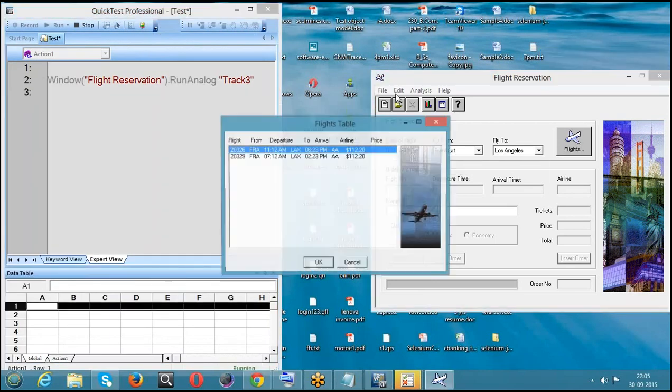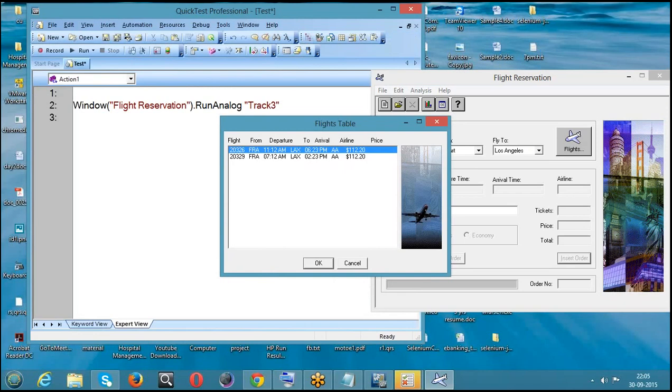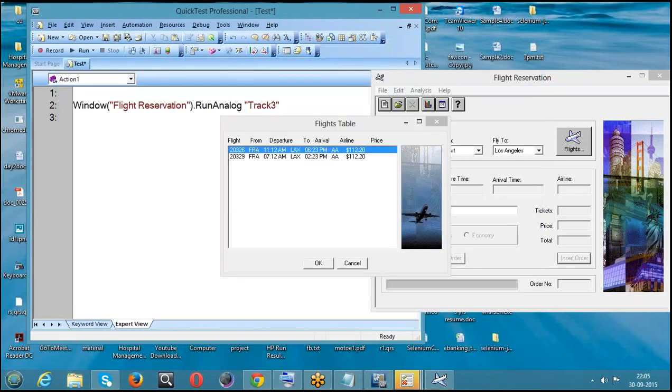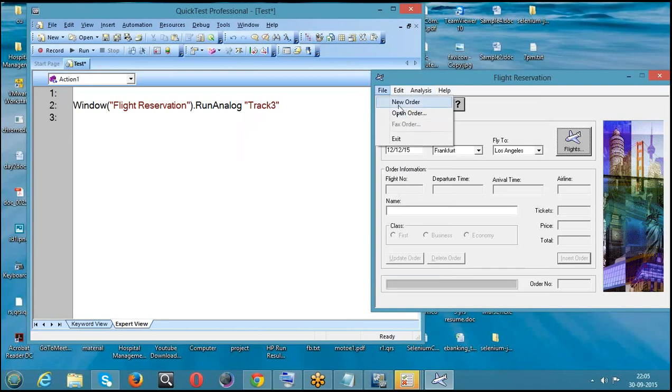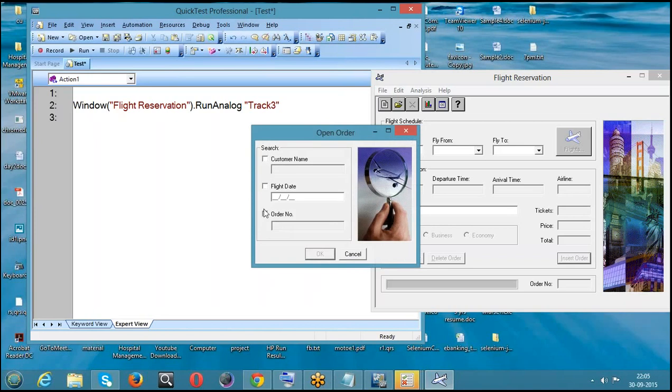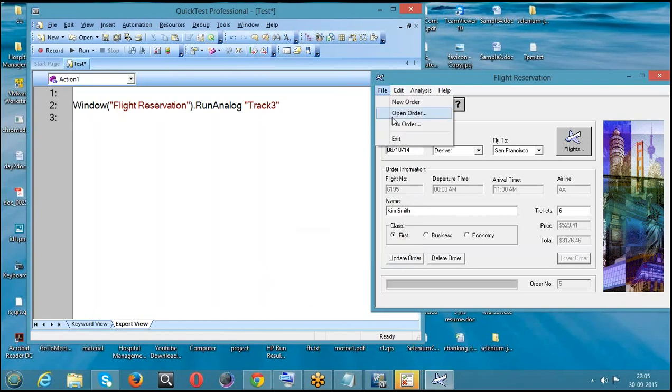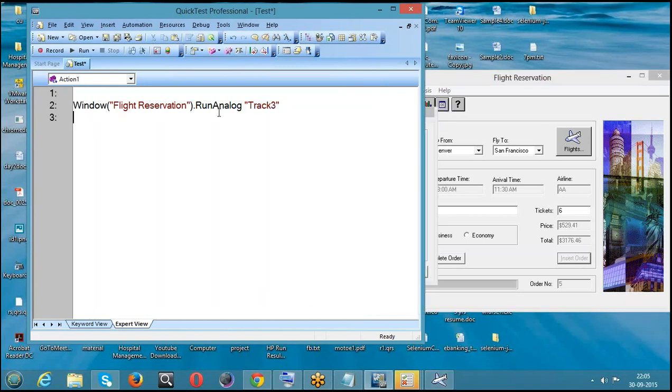See here, it will give you in a single line. And moreover, the advantage of this is here. Even it will populate the mouse movements also. I would say even it works for the mouse movements also. So it will work for the mouse clicks, keyboard operations, as well as mouse movements. Just have a look at this.